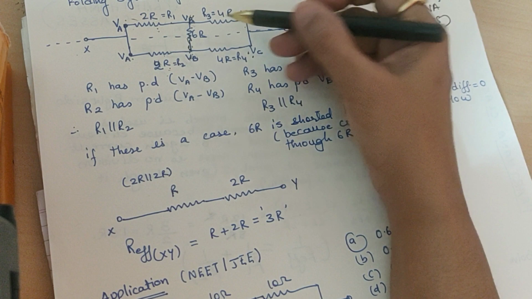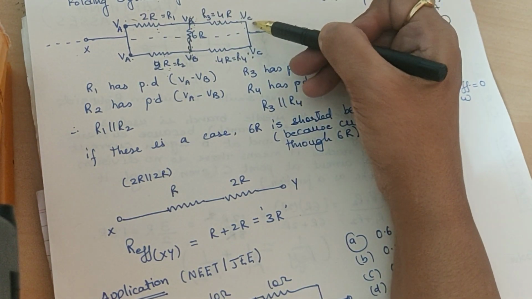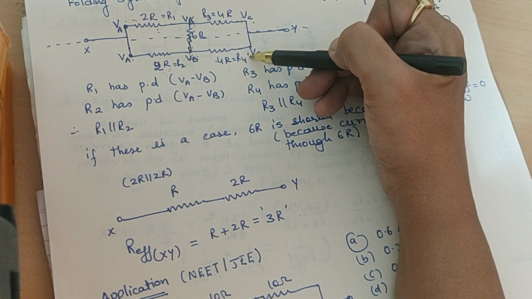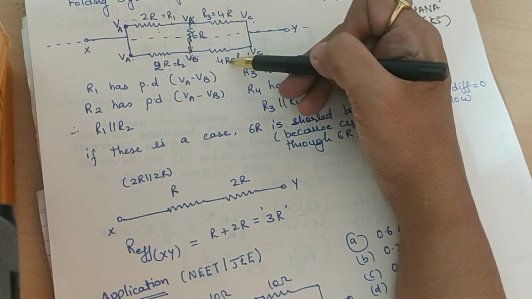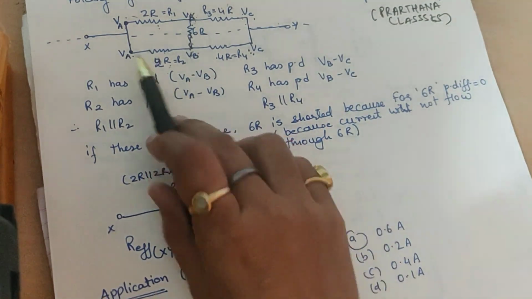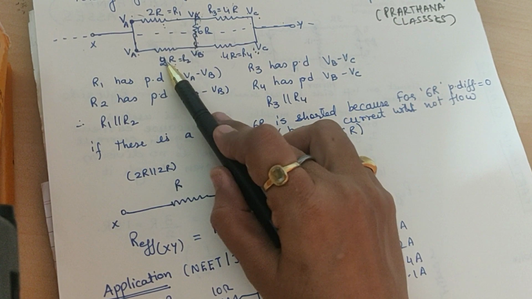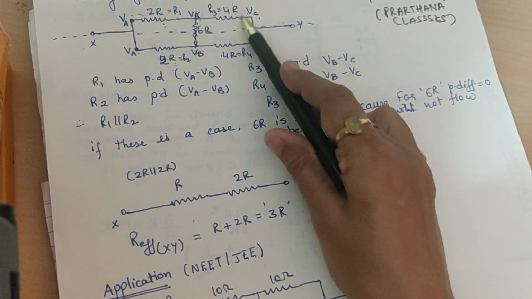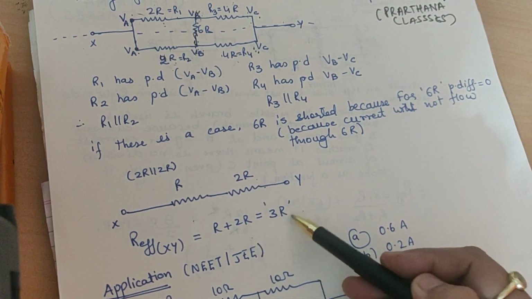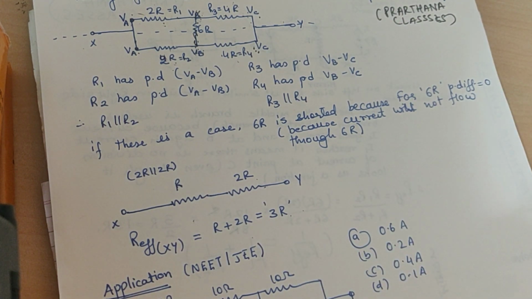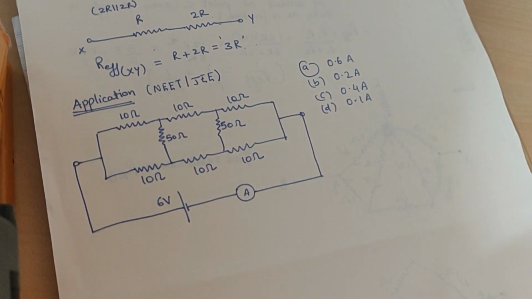So now the potential across this R3 and R4 is same, that is VB minus VC. Here is also VB minus VC. It means that these two are parallel. And what is the parallel combination of 4R, 4R? It is 2R. Fine. Now you can see that the effective resistance of this part comes out to be R, and for this part comes out to be 2R. So again it is in series combination, so resultant comes out to be what? 3R. See, I have taken an application of this folding symmetry.